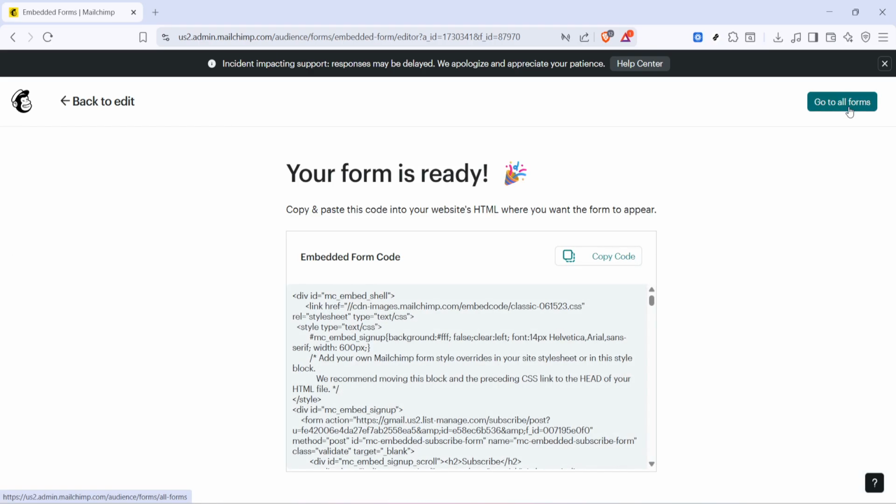Mailchimp will generate the code for your form and provide a live preview, so you can confirm everything is in place. When you're ready to install it on your site, click Copy Code. This copies the HTML snippet to your clipboard. Paste that code into your website where you want the form to appear, such as a sidebar, footer, or dedicated